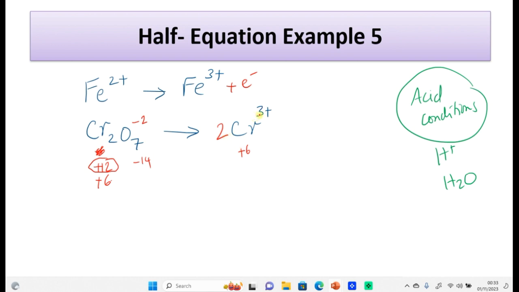And you have 2 times 3 plus, giving plus 6 charge here, and you have a plus 12 charge on this one, so you now can see how many electrons need to be added onto the left hand side. So I'm going to add 6 electrons onto the left hand side. I'll add it here. Okay,